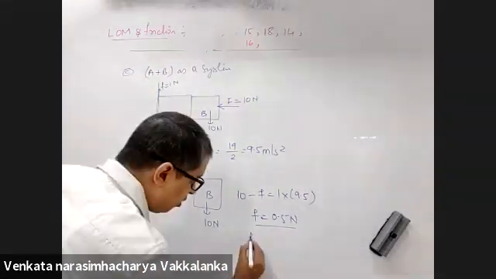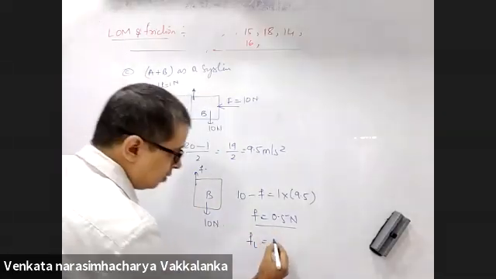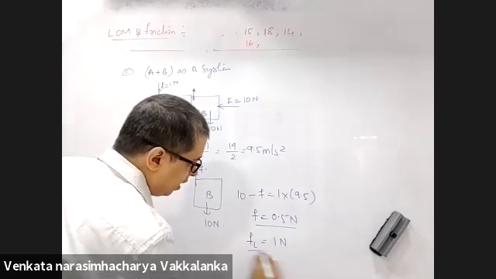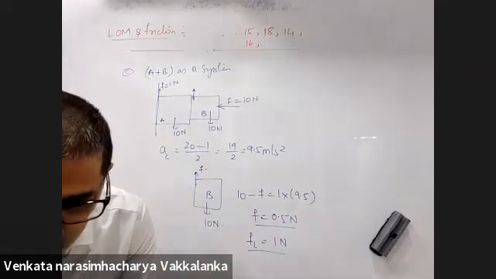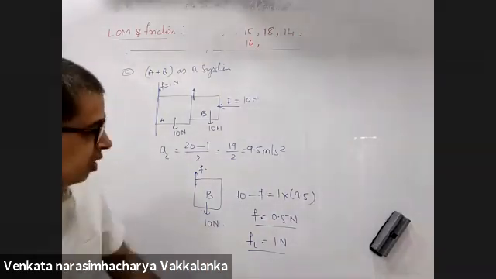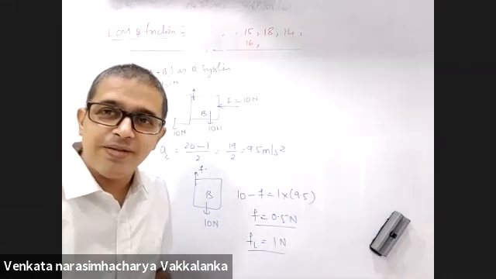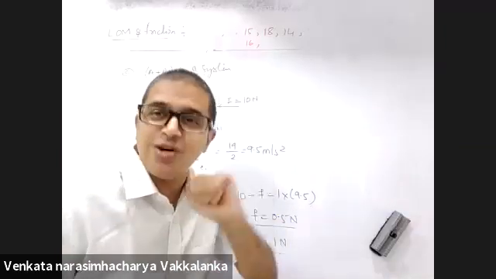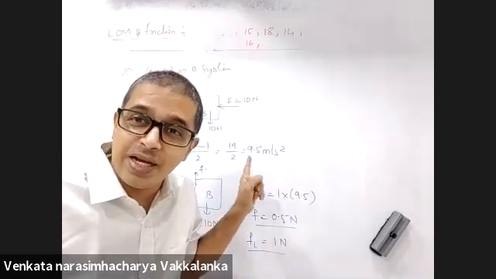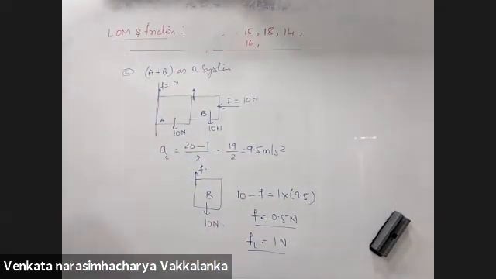And how much limiting value of friction do you have here? 1 Newton. I am more than happy to claim that I have that value of friction. Both will be moving with the same acceleration, 9.5. My assumption is correct. We learned this concept, but we learned it in the horizontal direction. Here it is given as vertical direction. That's the only difference.